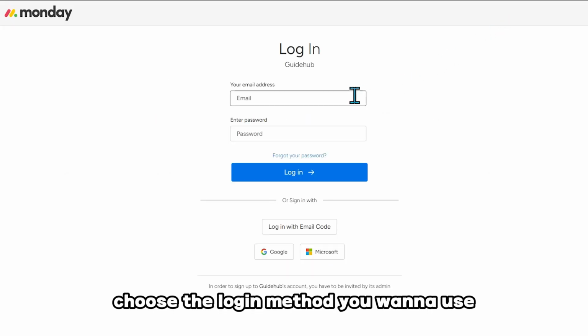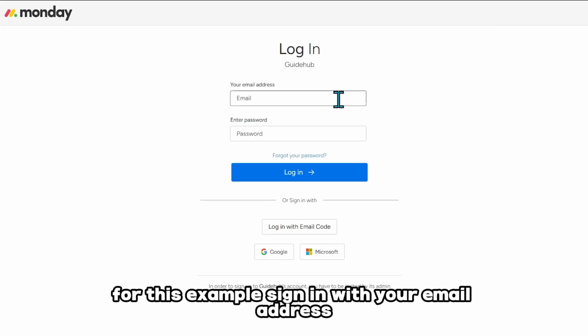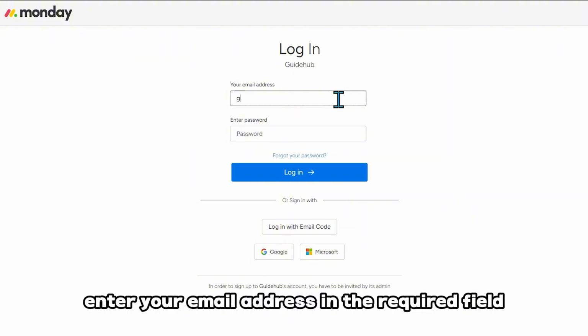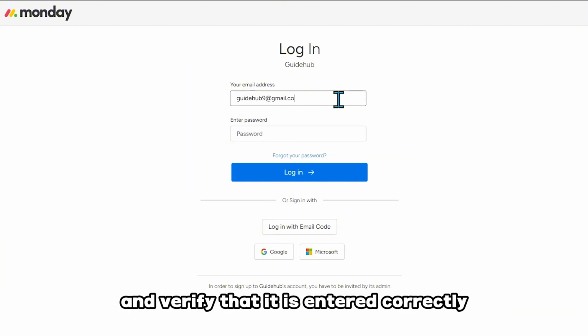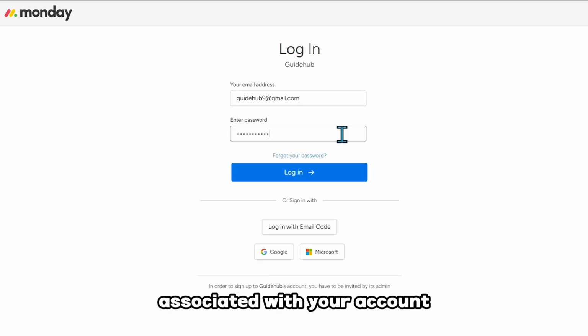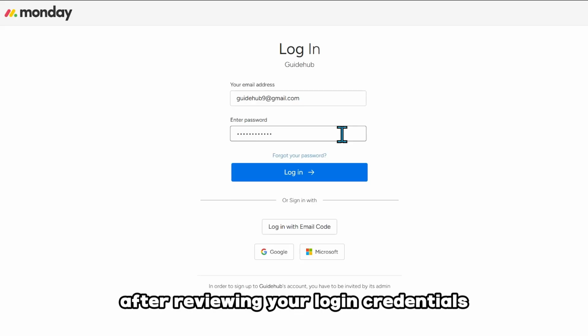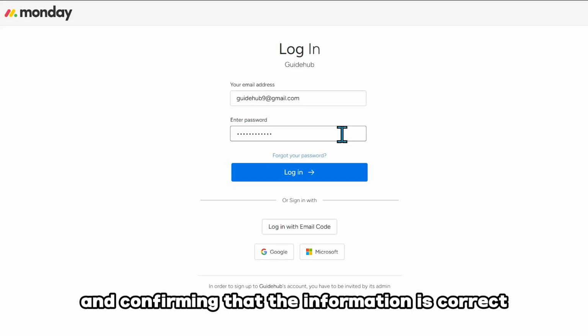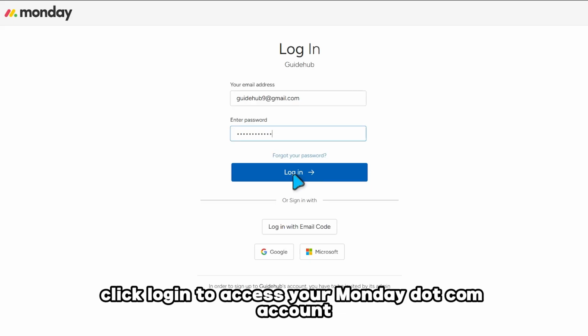Choose the login method you want to use. For this example, sign in with your email address. Enter your email address in the required field and verify that it is entered correctly before proceeding. Next, type your password into the password field associated with your account. After reviewing your login credentials and confirming that the information is correct, click Login to access your monday.com account and